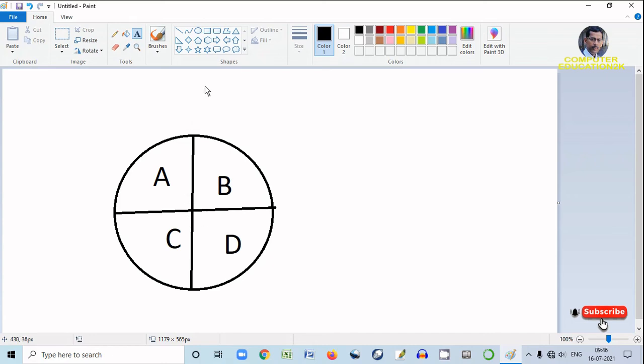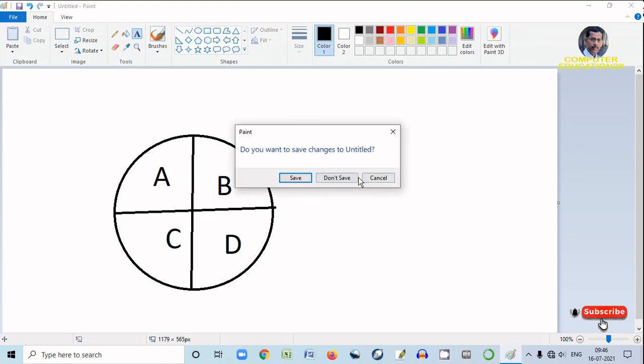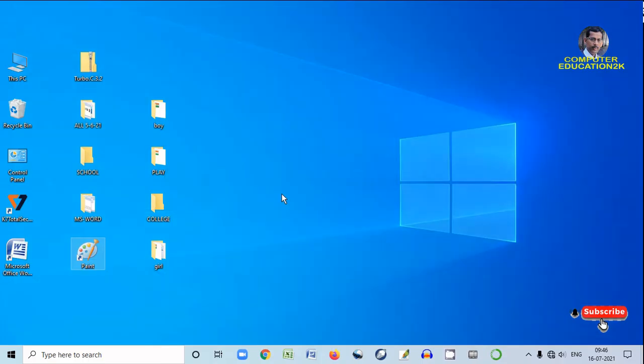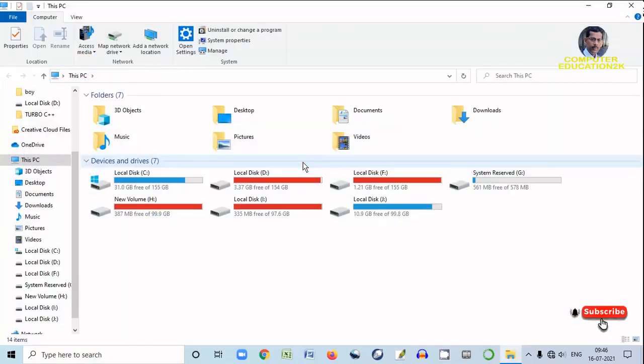In these parts, you can store your files. So that was all about hard disk type. To see the hard disk type, open This PC or double click on This PC, and you can see all your hard disk types.